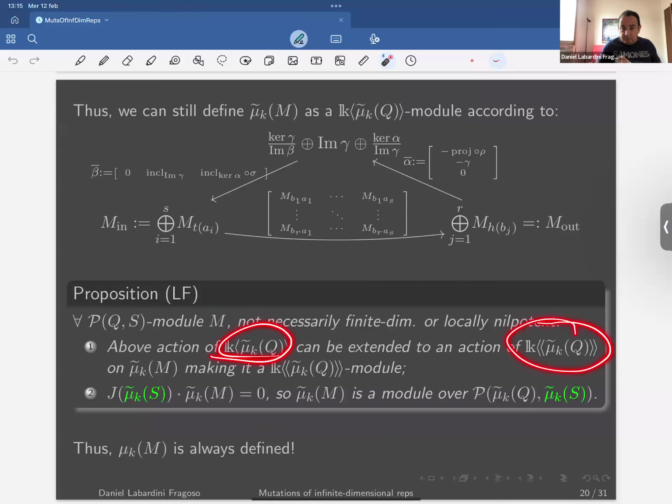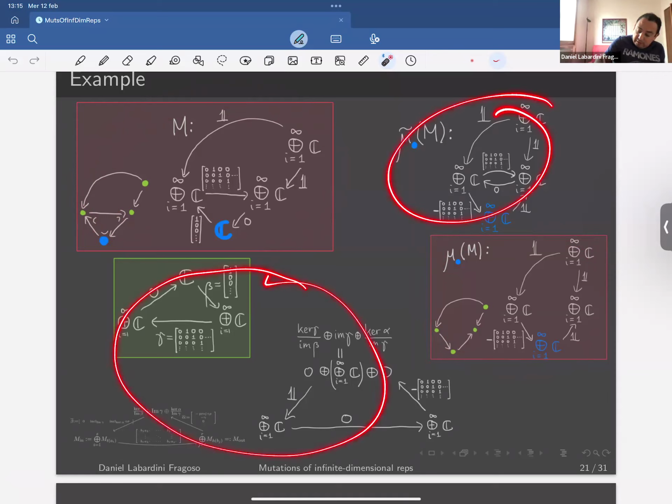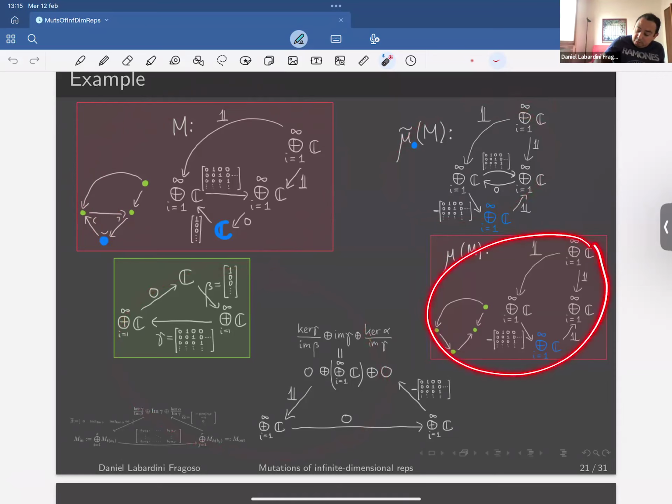Okay, example. So here you are seeing the representations that you saw before that arise from the work of Bauer and Laking, that were associated to these non-compact curves that spiral. Then if you take this one and mutate it with respect to the vertex, which was the arc that we flipped in the triangulation, here is the process. What you obtain is this,